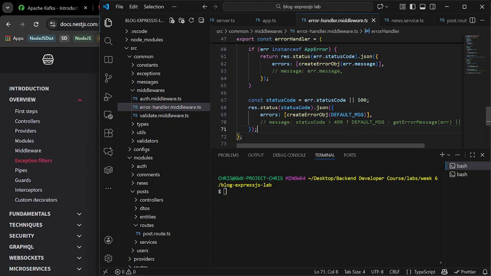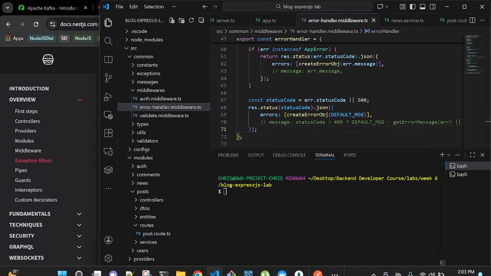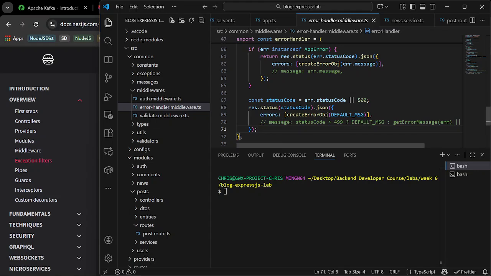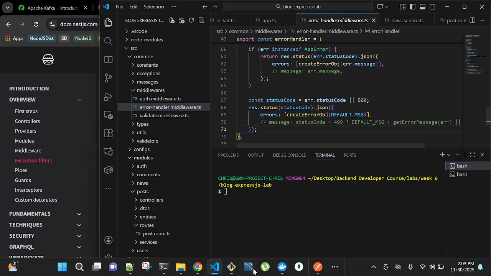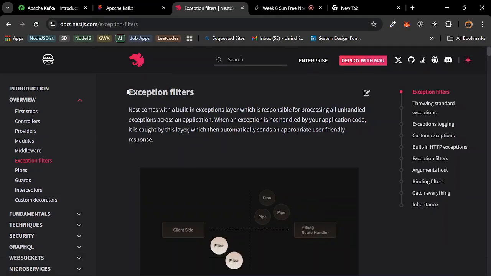So basically, another name for this error handler, we can call it an exception catcher, like exception filters, right? Because the error is an exception, the error handler is actually filtering the errors. If any error filters through, it will come to it and it will handle it. So that's what we have in NestJS, the exception filter. When you are building your application, you create an exception filter that handles your errors for you. Anyhow the error comes in, it is used to structure your error and send it back to the front end.